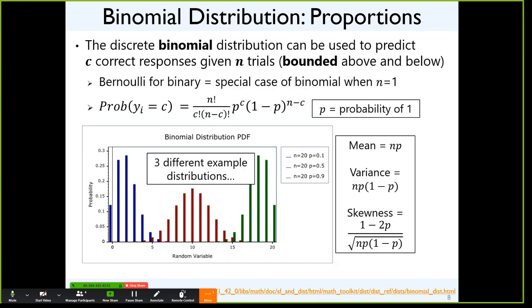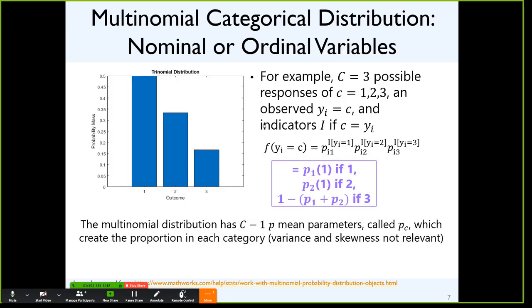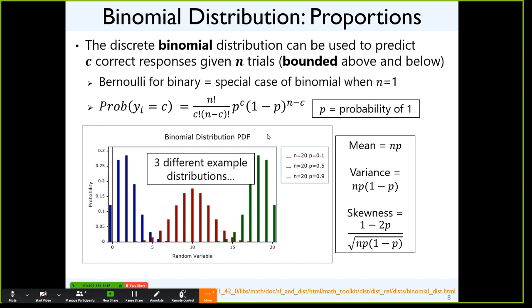The only one that I think I know off the top of my head is this one, because it's the probability of a 1 if that's what you got, times the probability of a 0 if that's what you got. The end. My point is that these are like shapes of variables that you would see out in the wild, like in real data. And these are the formulas by which, if the variable follows that distribution, it tells you what the mean, the variance, and the skewness are supposed to be. I just want to give you a sense of what kinds of variables you'd be working with in quantitative data.